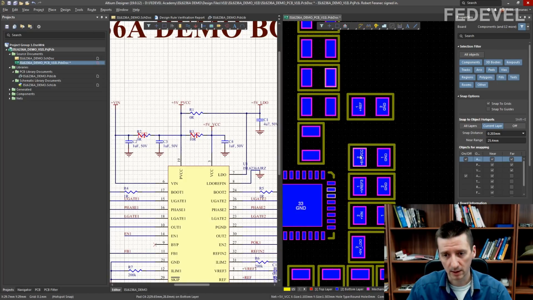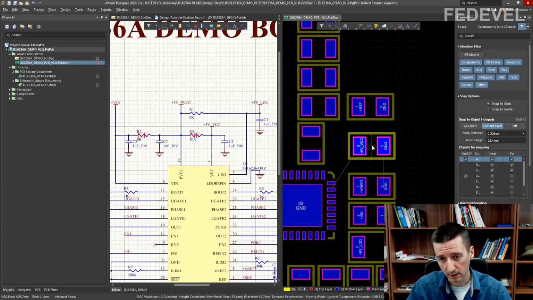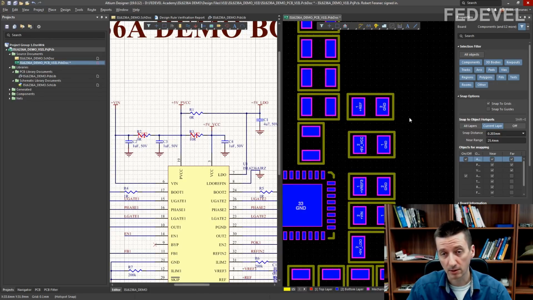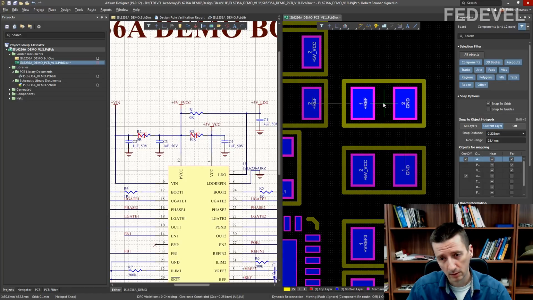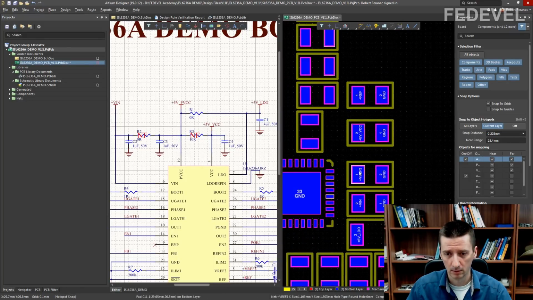Okay, this one will be connected here, here, and also somewhere here. And this one here, here, and up here, can you see it? So I'm going to move this maybe like here. So we can draw some lines or some tracks also this way.